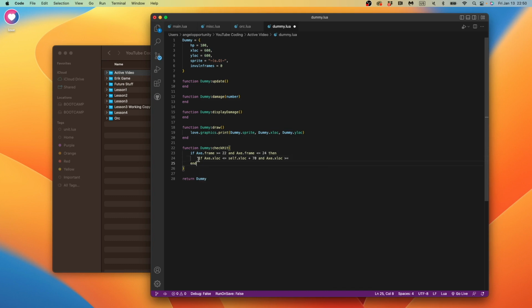Let's put end here. And if x.xloc is less than or equal to self.x location plus 70, and this is greater than or equal to self.x location, and stop y location is greater than self.y location plus 30, and